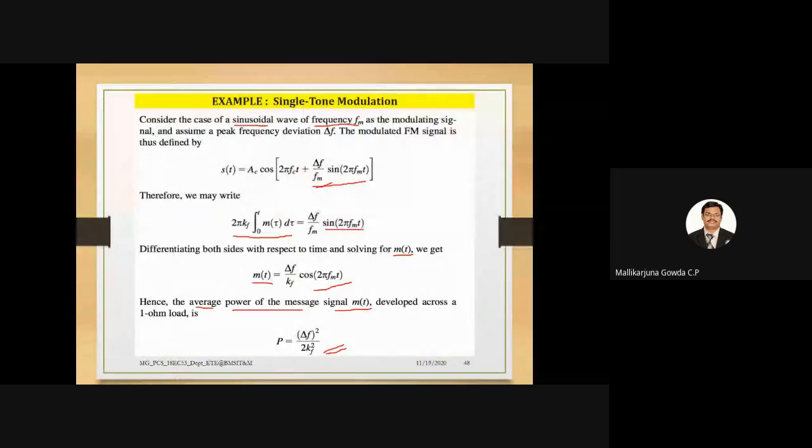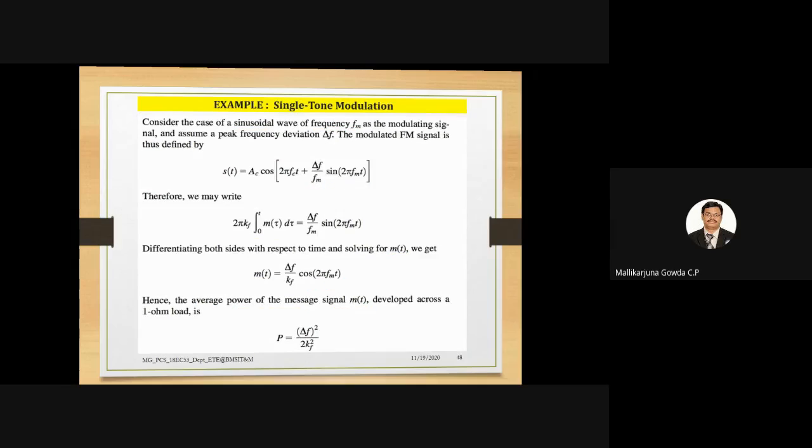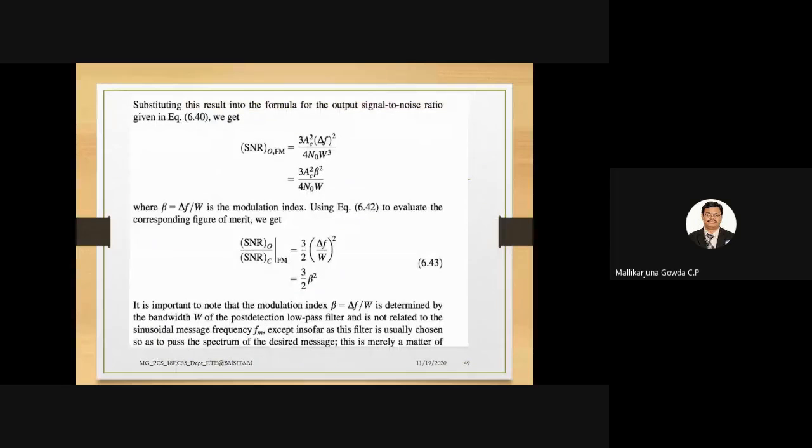I was telling with respect to a sinusoidal modulating signal. I wrote the expression for the FM signal, and some part I have written for my convenience in this form. Then I do the differentiation and derive m of t, then find the average power of that message signal. The purpose of writing in this form is to find the expression for m of t and then the average power of that message signal. Now if we substitute the value of P in the output SNR,